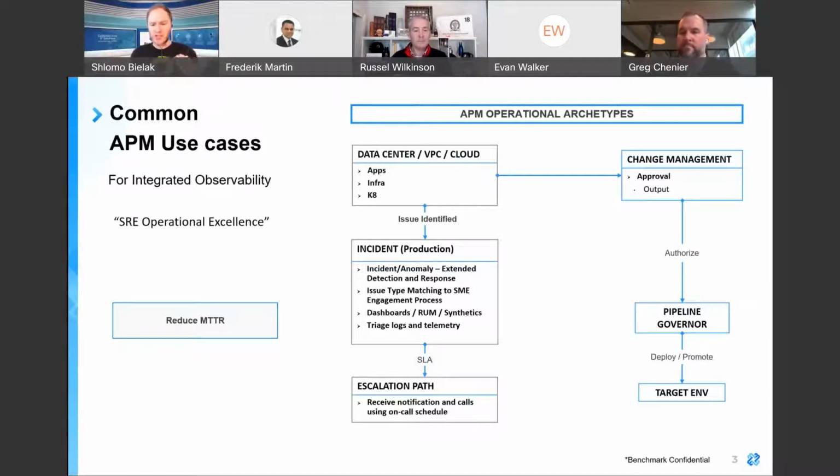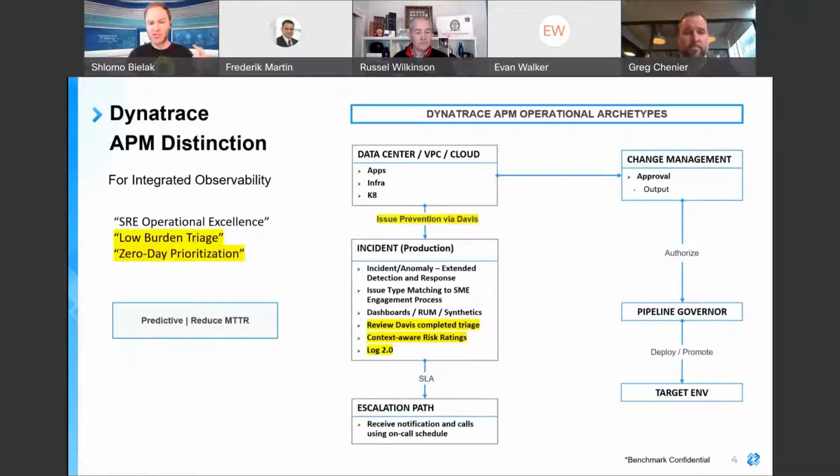So what you'll notice is the incident is highlighted as production, but what we'll articulate later is there are other use cases that are highly valuable that will potentially be in non-production. So I'm going to apply the common APM use case and change it to Dynatrace, which is also why I get confidence in using Dynatrace. So you'll notice I highlighted in yellow the differences. And we've noticed this because we have different APMs that we work with, and sometimes it's to migrate them to Dynatrace. The context is, how do I use Dynatrace differently so that my operating model functions versus using the same one I had? I'm not going to call out any other vendors, but in this case, you'll see the distinction